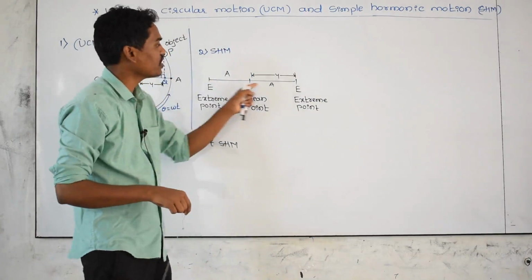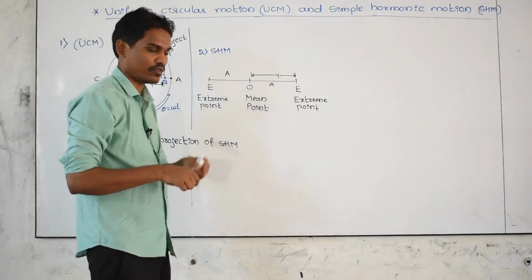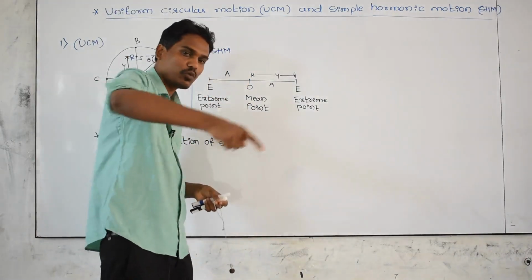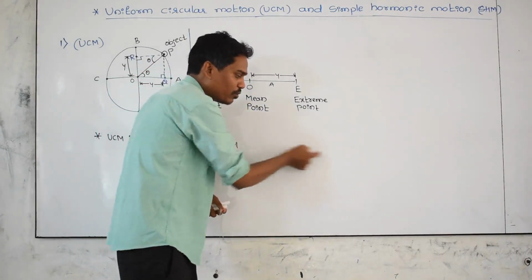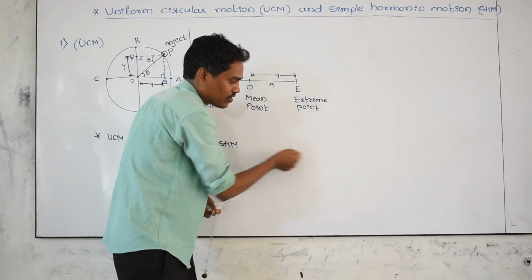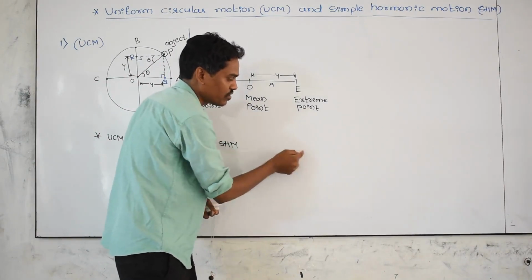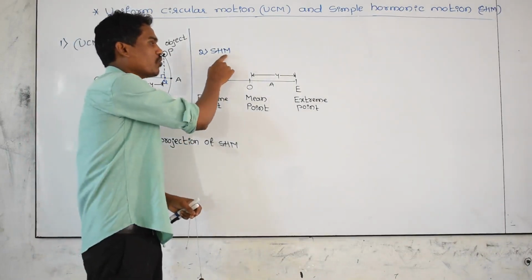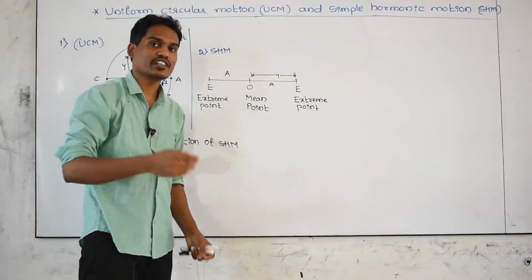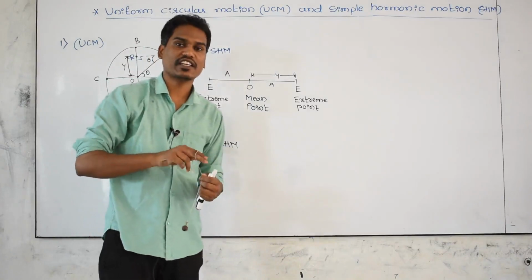The straight motion is a simple harmonic motion. Here the body is moving in a circular path, but its shadow on the white board looks like a straight path. Straight path means the straight path of the object from its mean point is called simple harmonic motion. You try this at home. Practically it is very easy.